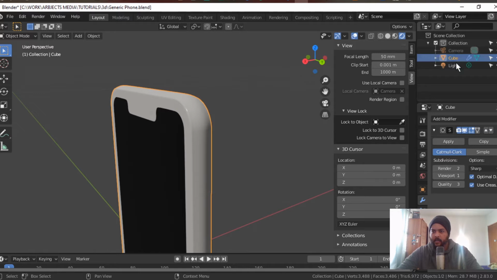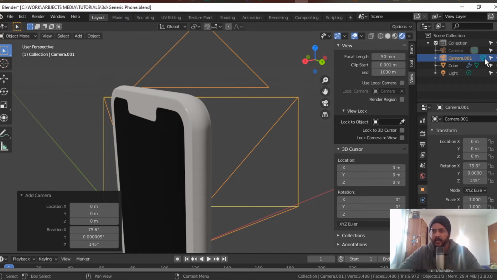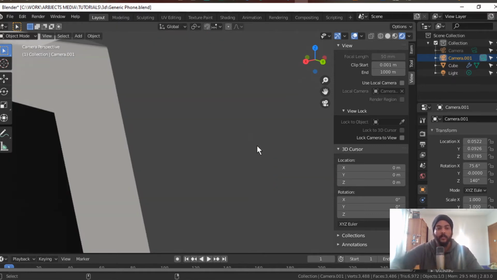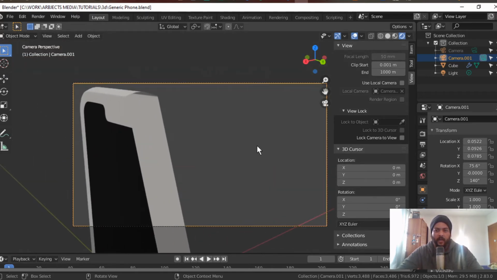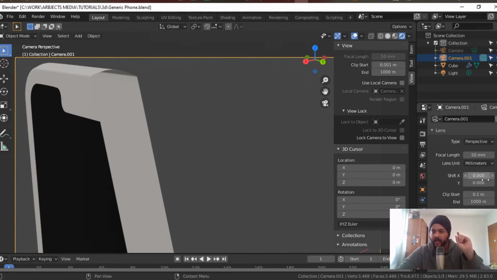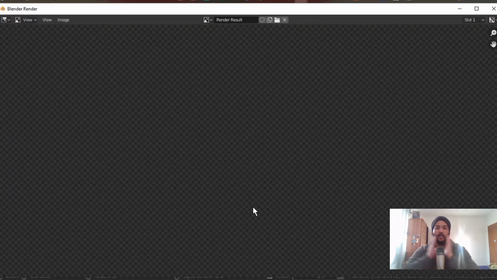Let's create a second camera. Let's go Shift A, new camera, and then I'm going to click on this camera icon over here, which will make it the camera that is going to be rendered. So let's press Ctrl Alt 0 on the numpad to make this our render view. You see it chopped this away now, but that's because of the clipping on the camera. Okay, cool. So you click here on the camera and clip start. Oh, it's such an irritating setting. So there you moved it away, and then if you press F12,